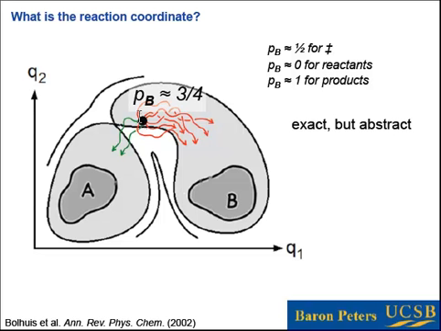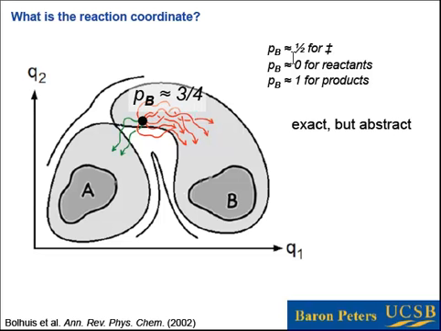And so you can define the committer as the fraction of trajectories initiated with randomly distributed initial momenta drawn from the Boltzmann distribution. And you basically count the fraction of those trajectories that go to state B before they ever go back to state A, right? So this is my reactant, my product, and I'm estimating the fraction of trajectories that commit to state B. Okay, so this particular point is part of the B basin of attraction, and so most of the trajectories go to state B, and I would say that this point is therefore more like a product than it is like a reactant. It's a dynamical definition in that sense, although it only depends on the configuration space variables.